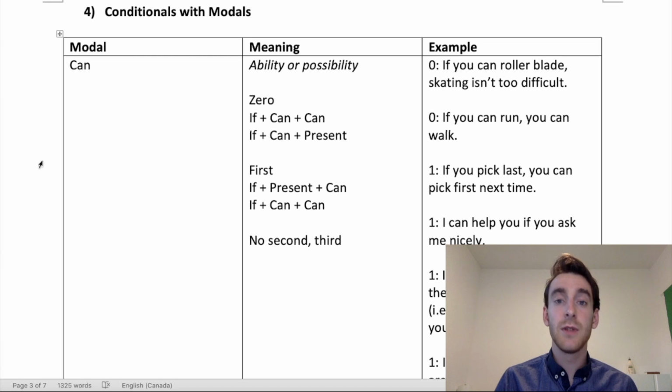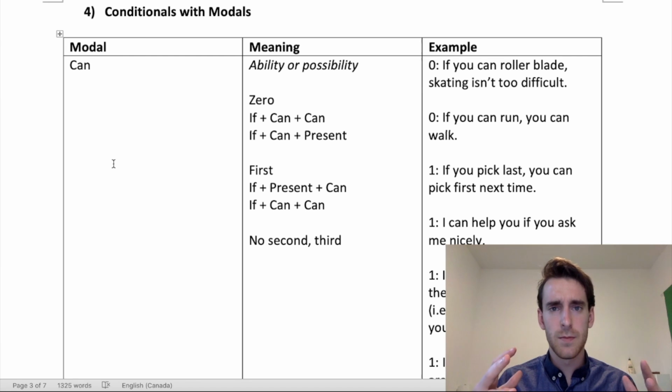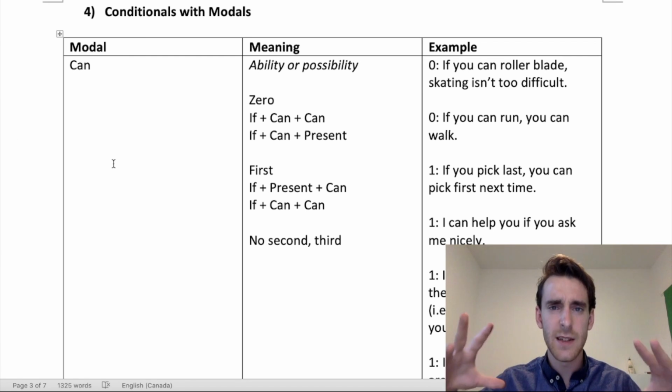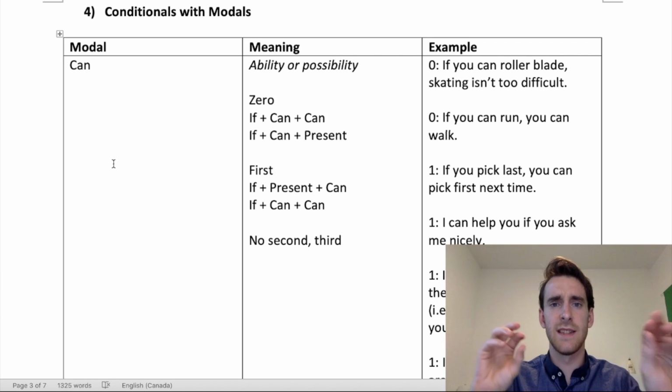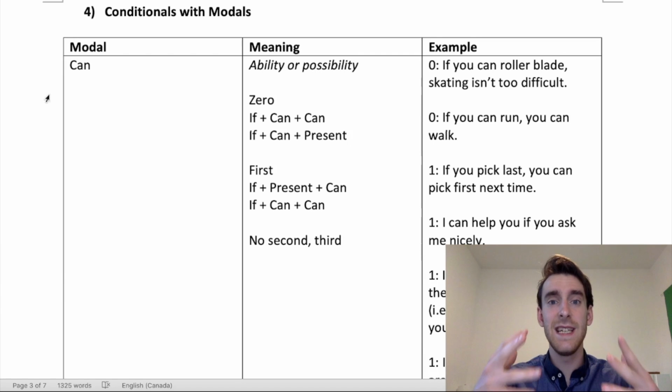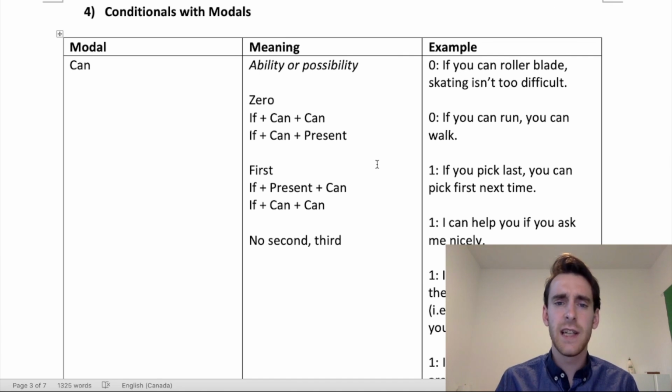So, what I will do is I'll explain each modal the best I can. This isn't a video all about modals and every circumstance in which we can use the modal verb, but I will give you a pretty detailed explanation of the modal verb and then how we can use it in a conditional sentence, right? So let's look here with can.